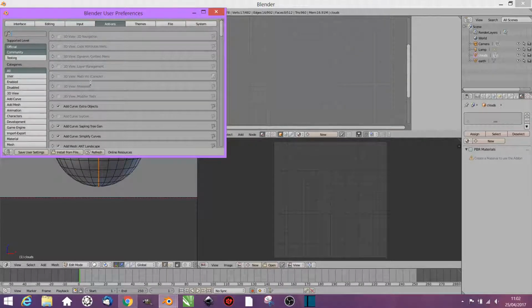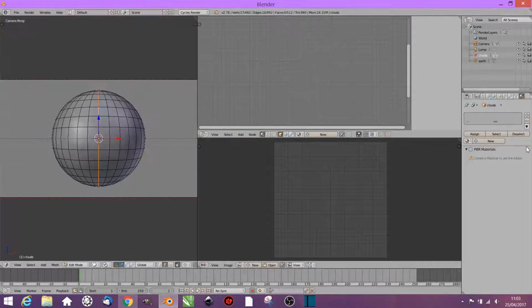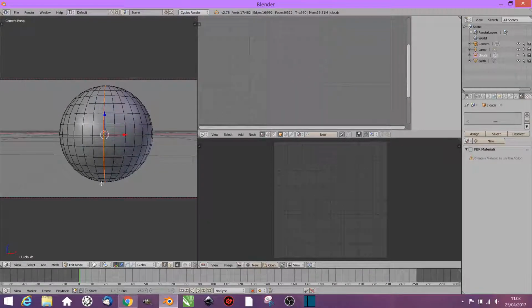If you know how to do that, you go down there, download the file, click install from file, go to where you've saved it to, install it, don't forget to enable it by clicking on the box, and you'll have PBR materials, which are great, saves a lot of time. That's from 3D Wolf. So there we go, there we've put our seam in,